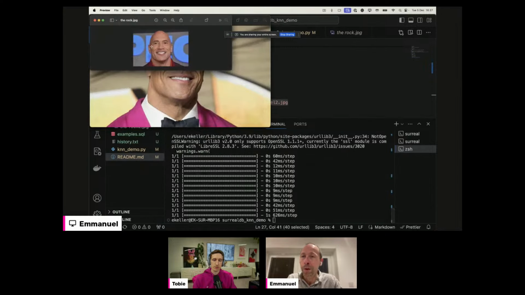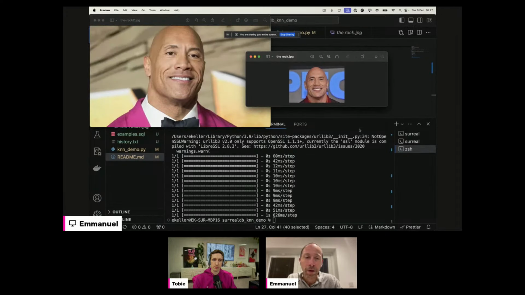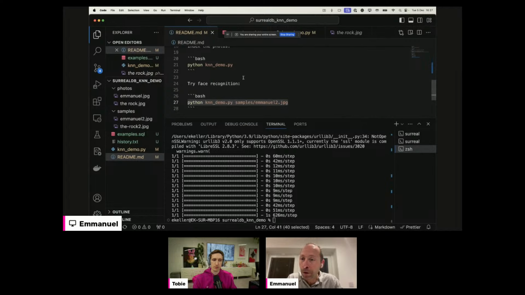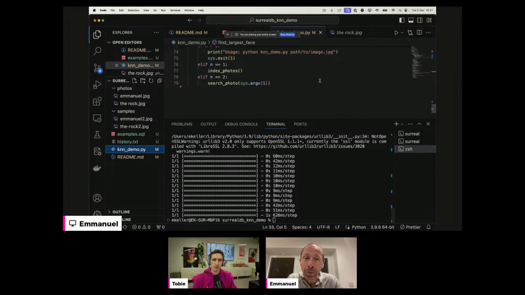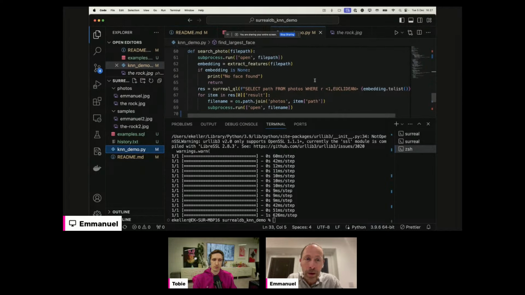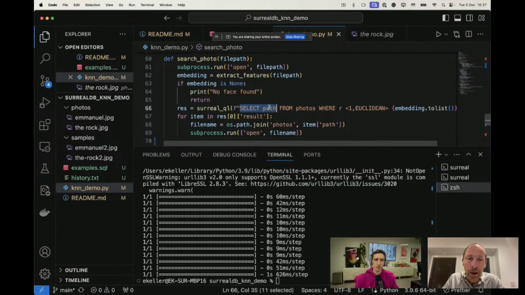Okay, here we go. So I find the right one. And to show you how simple it is, the query that does that is this query: select path from photo, where the vector is my object, in fact, my vector. I want to find the first one using Euclidean distance, and I pass here my vector, which is a vector that FaceNet generated from the photo.